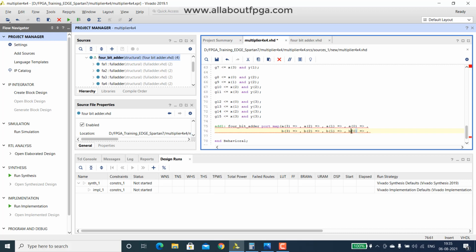Then we have a carry in logic, that C in, then now we have sum logic. Sum logic also we can name it like this, and rename it to sum.